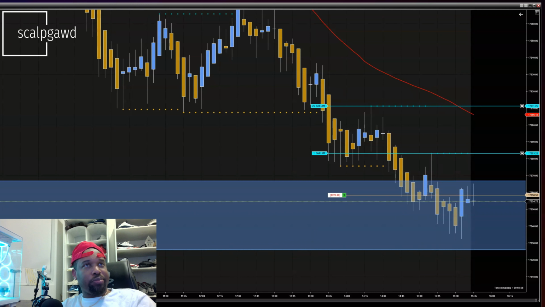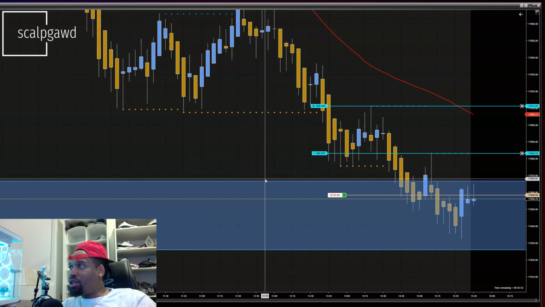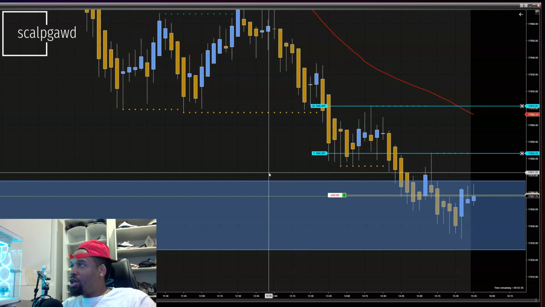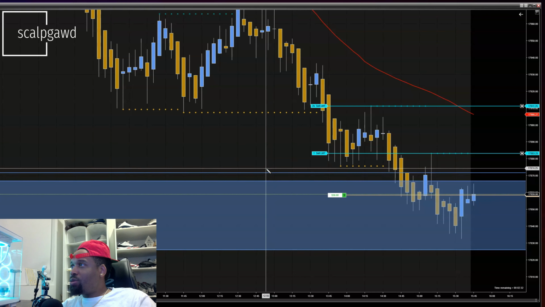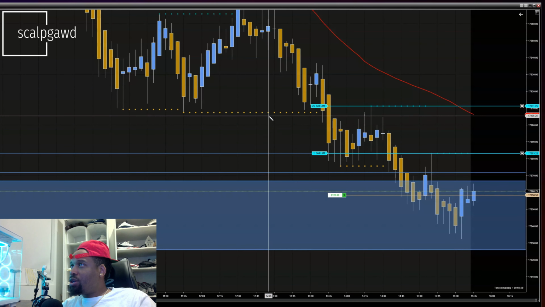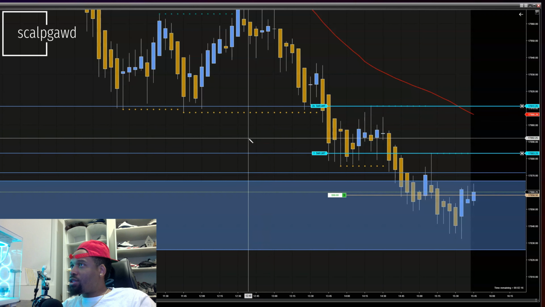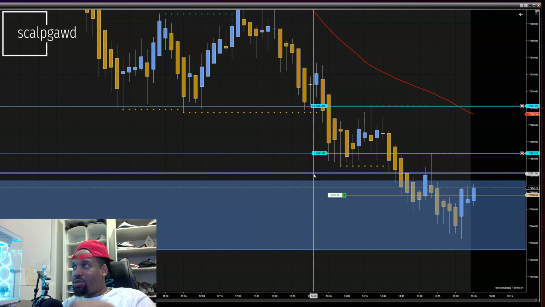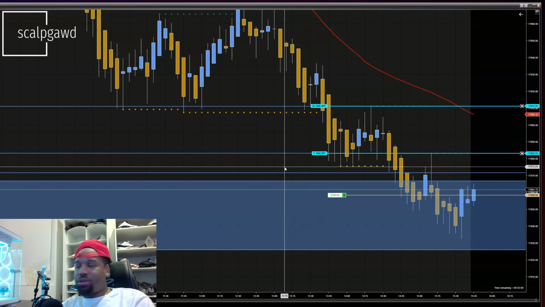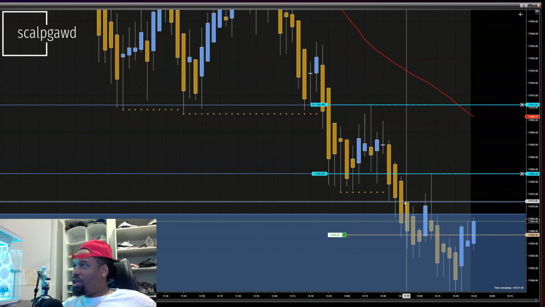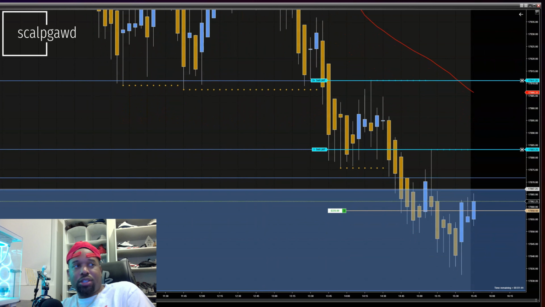I'm gonna stop talking. But real quick, I did give the group a couple of levels here for TPs that they can consider. One was here, 871. Once we get there, we should be golden. The other, of course, was here, and that's the third one. So those are the TP levels that I gave in the group. If we get above this first one, then I think I will tell them to move to break even, so that way, if they have a stop loss. But anyway, let's just let it play out.